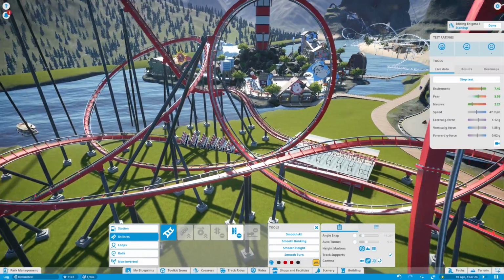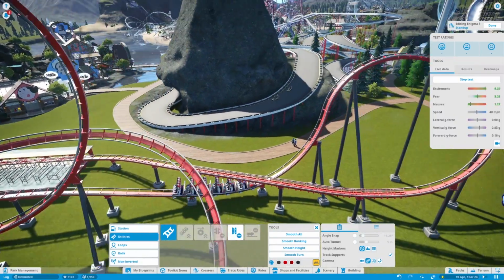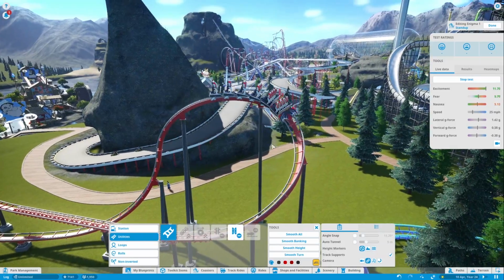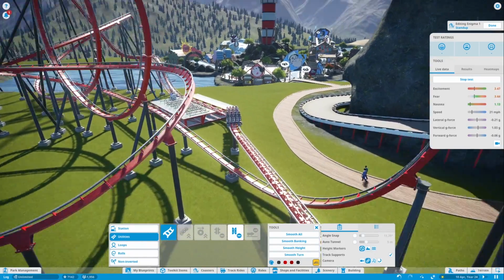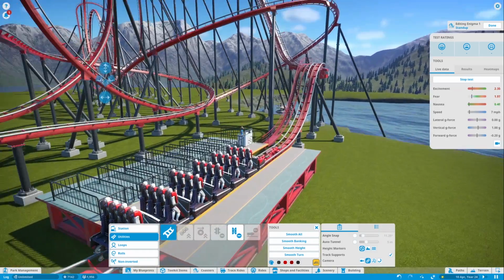Spin around. And this bit's quite good. So, whoop. There you go. And back down. Okay, and then we've got some trim brakes just to take off the edge into the entrance. And the ratings are...